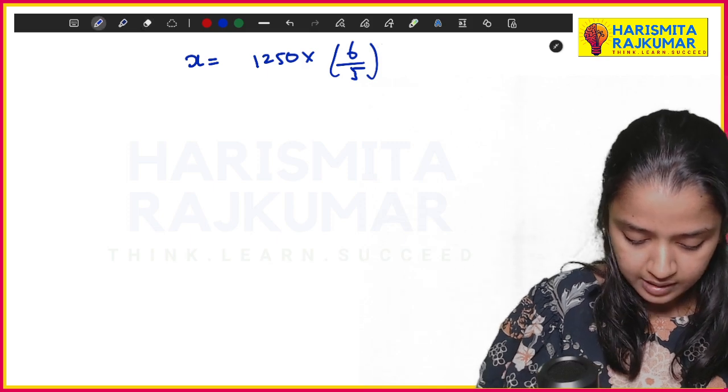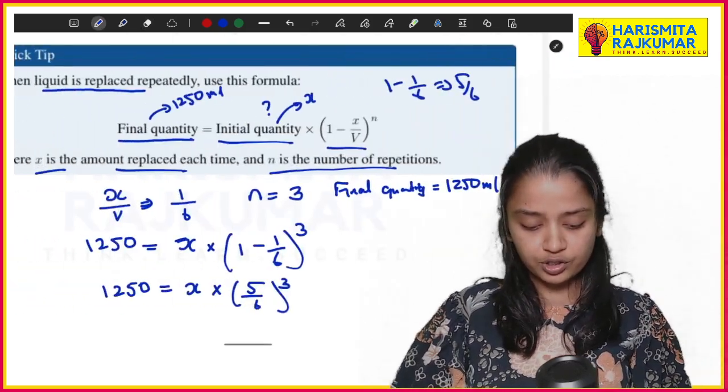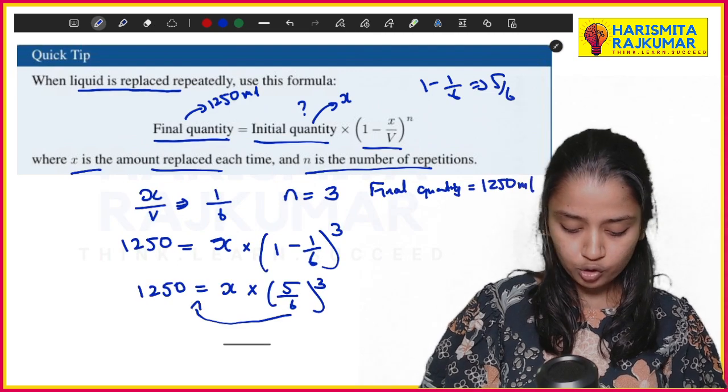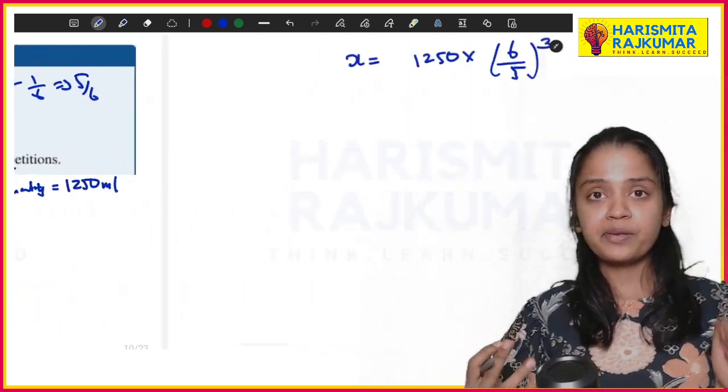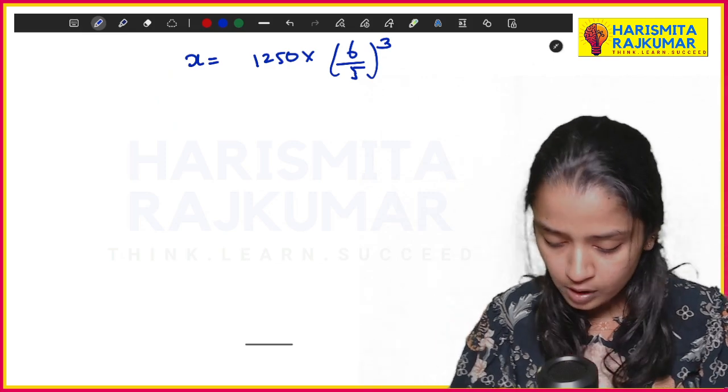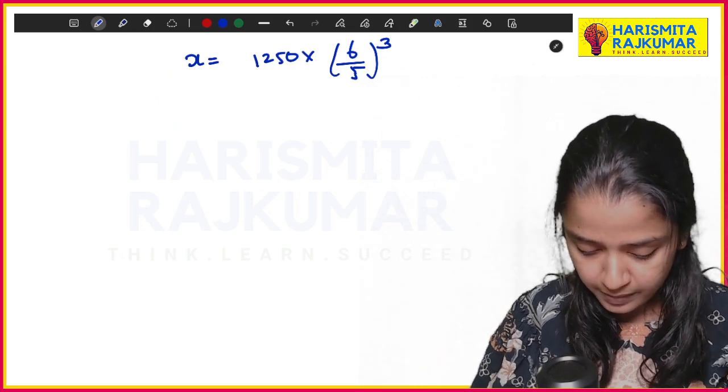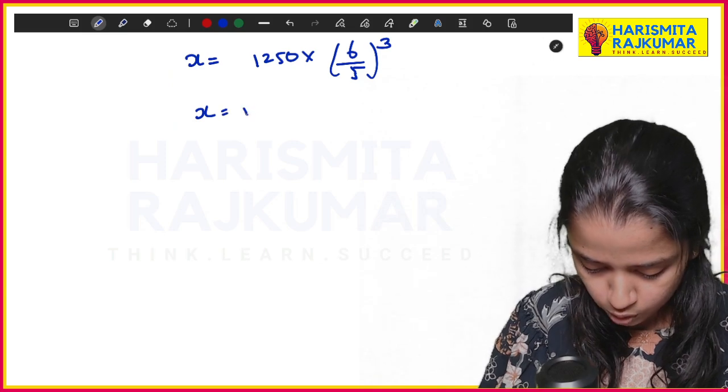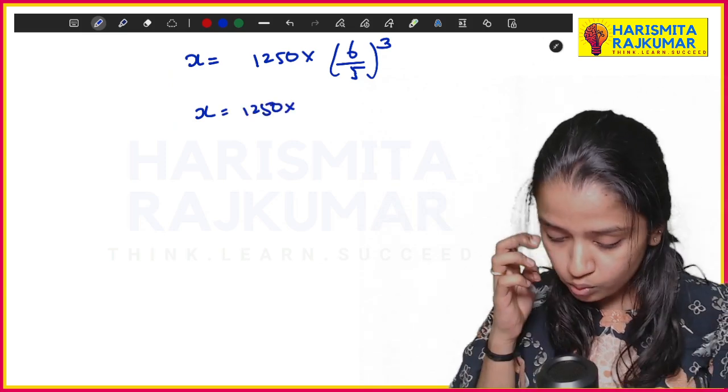When it goes to the other side, it changes, right? So the denominator changes to the numerator and the numerator comes to the denominator. So it becomes 6/5 the whole cube. So how much is 6/5 the whole cube? So x is equal to 1250 into